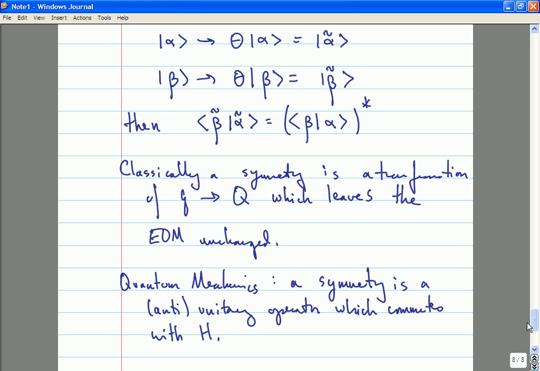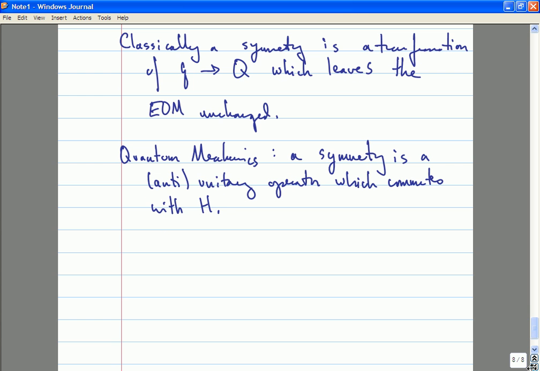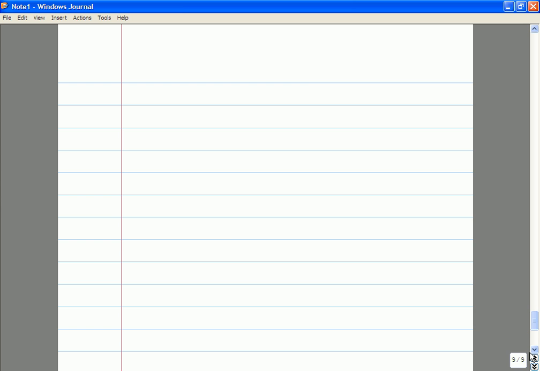And this is an idea which we will return to again and again in this class. I think it's not too much of an overstatement to say that the study of physics is the study of symmetries. So this has been a bit of a lightning review of quantum kinematics. I suspect that it's either been too fast or too slow for most of you. Probably a little too slow.